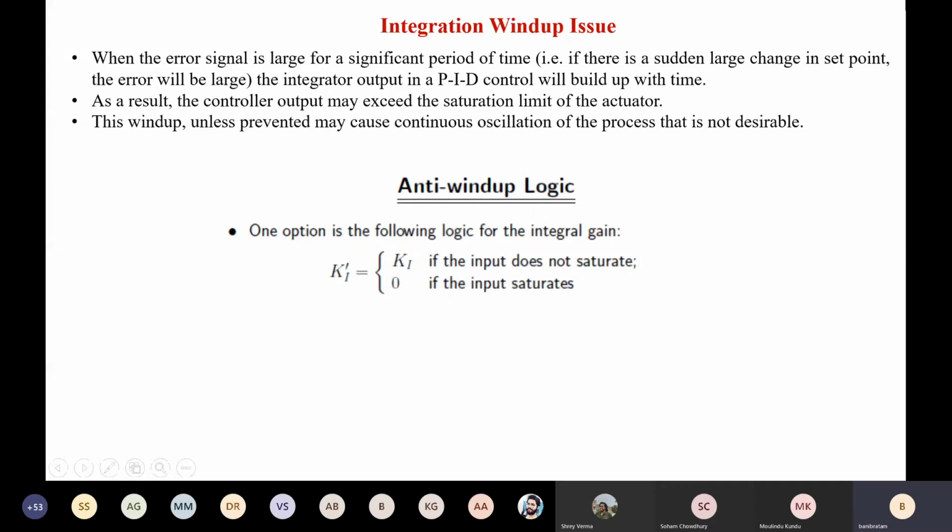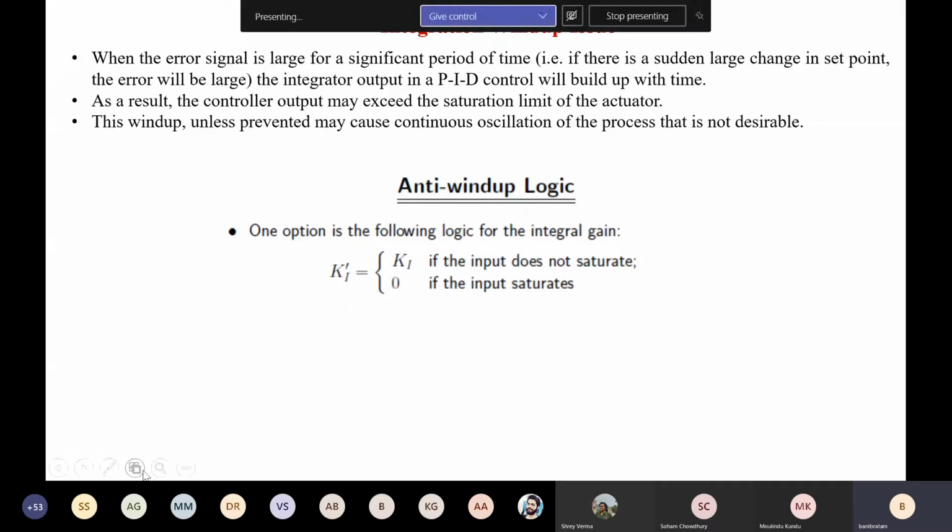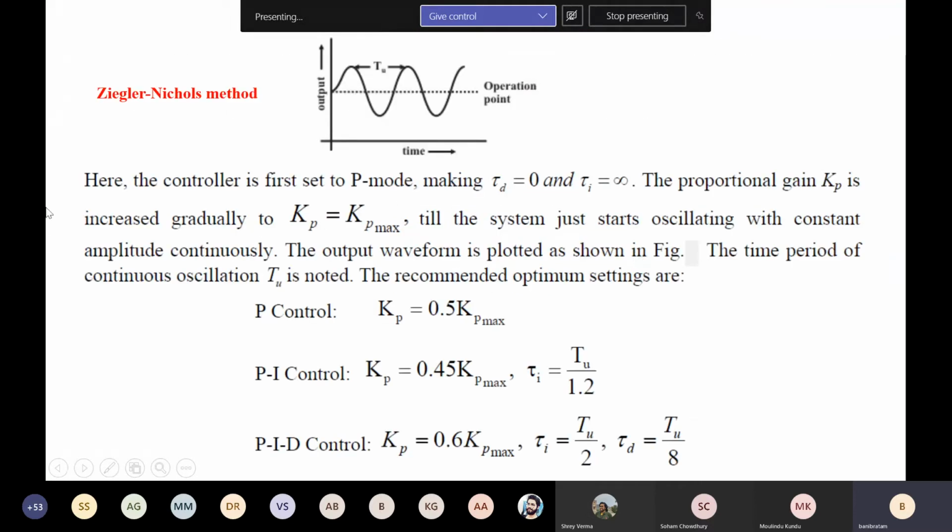So this is the basics about my PID controller, its operation, the relative advantages and disadvantages of P, I, and D, and how we can implement the controller either using analog circuits or digital implementation. We also discussed the issues of the PID controller and how to rectify them. Is it okay?